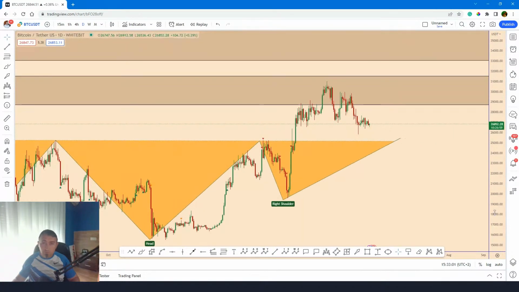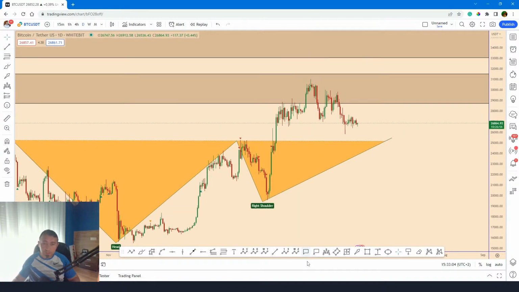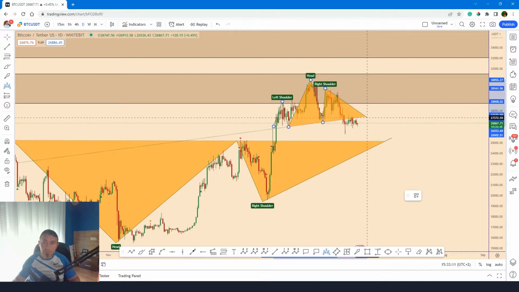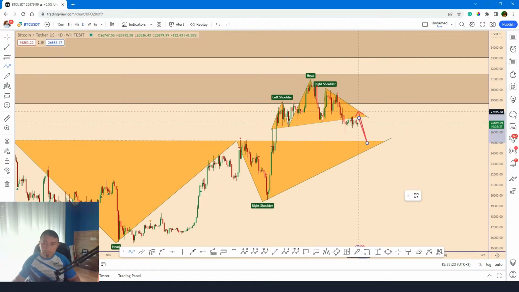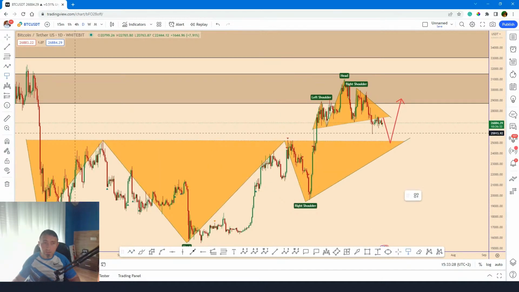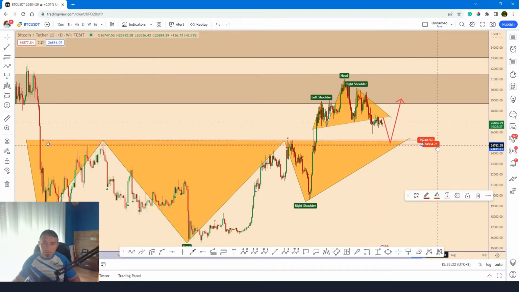On a daily chart, we may see that we had also another pattern. We had also this pattern here, a bearish head and shoulder pattern, and it was showing that the chances were very high that the price was getting ready for another bearish movement. If you can see this pattern, this is showing that the price can move down, but on the other hand, we may see also a strong structure zone that is located in this area here between